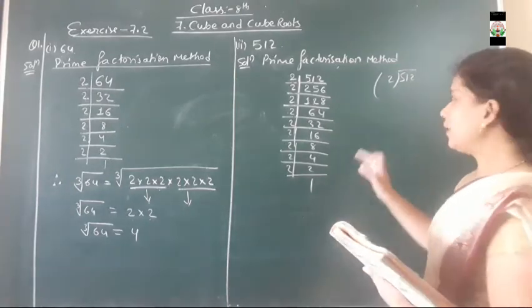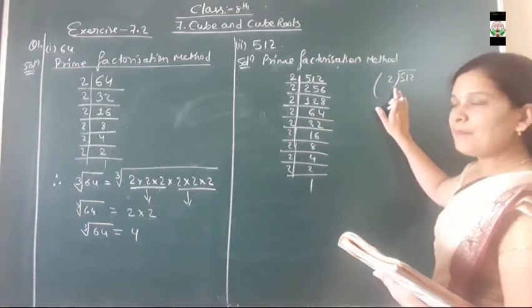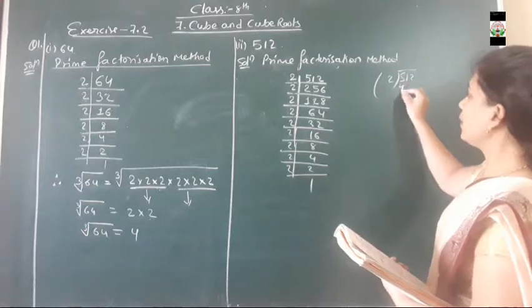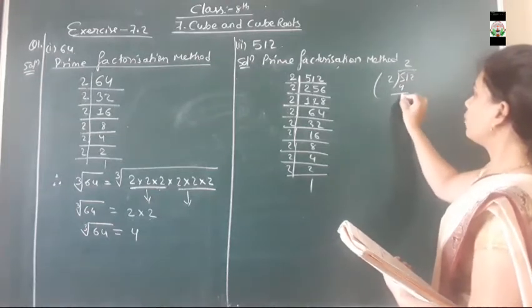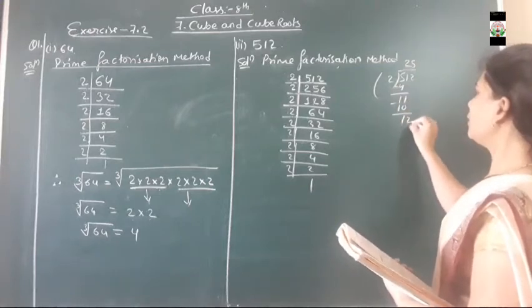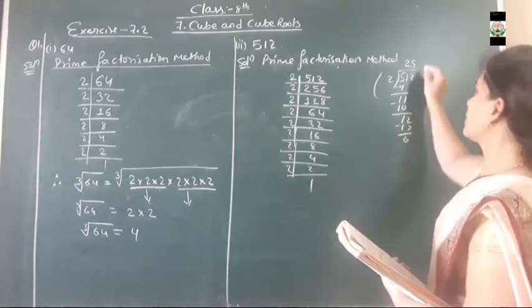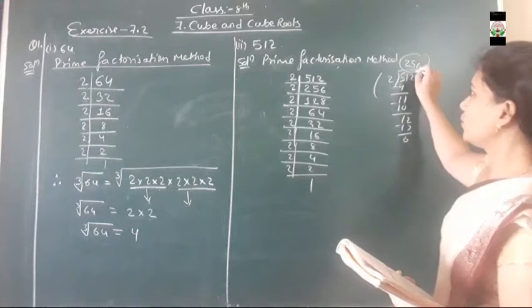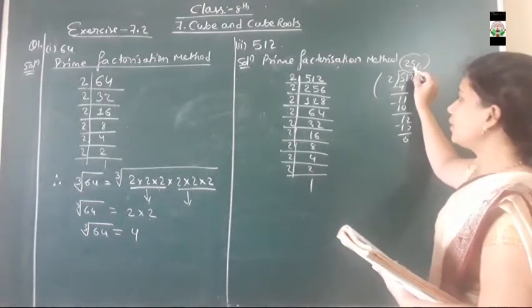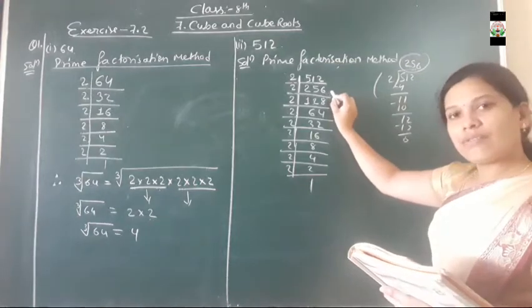So dear students, for that what you have to do is divide it. So divide 512 by 2, how much will it become? Here we will take 4, how many times? 4 times, 1 cancel, so 10, that is 5, again 2, 12, so 6. So how much does it come? 2 के टेबल में 512 कितने बार है, उसका क्वेश्चन कितना है? That is 256. So 256 here we are going to write.